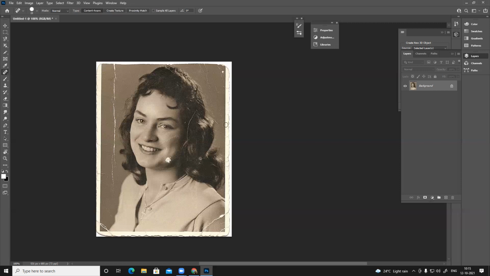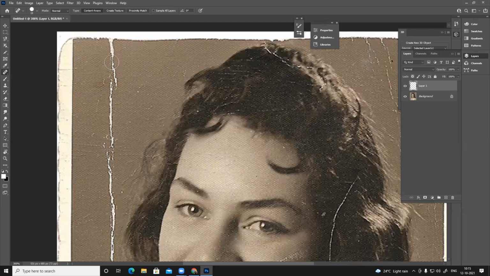So in Photoshop, the basic rule of thumb is never modify the base image. Whatever your actual image is, do not modify it directly. Always work on layers. On the right side you can see layers, channels, paths. By default there's only one layer. If you want to add something new, just click on plus, Layer 1. If I want to remove this crack and I click it, nothing will happen, because this particular layer is empty.